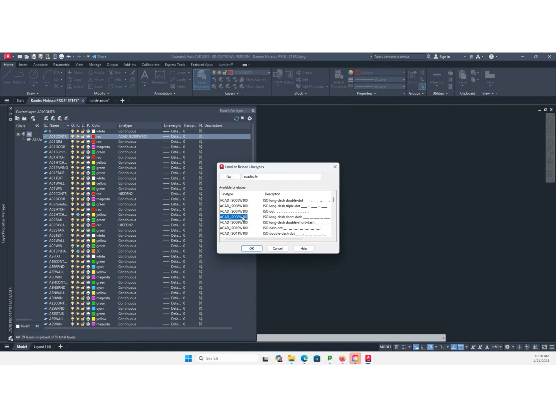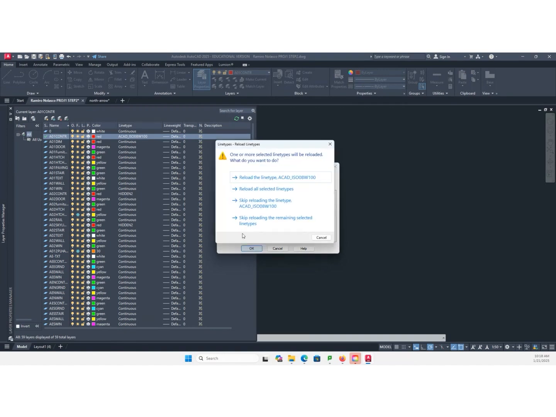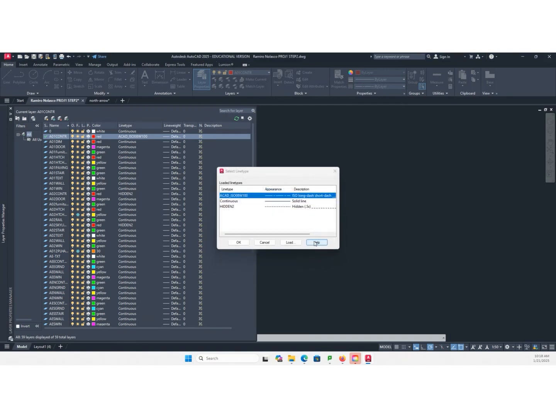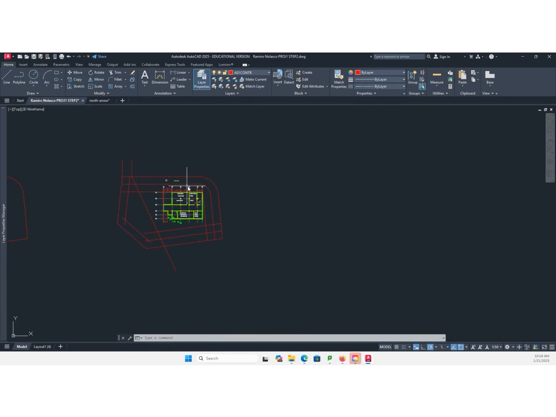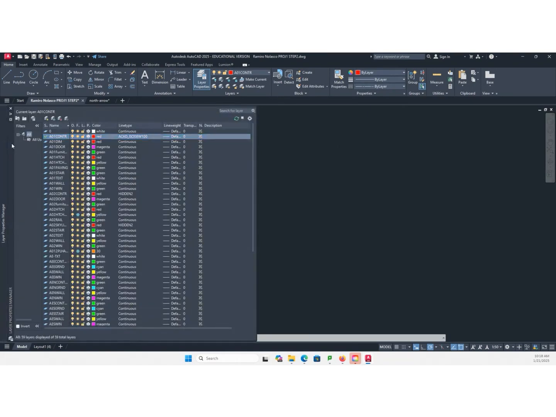Again, whatever you're doing in imperial, it will be very similar to the metric. Okay, click OK. So I don't need to reload that, and then make that current. Double click on it, make that layer current.